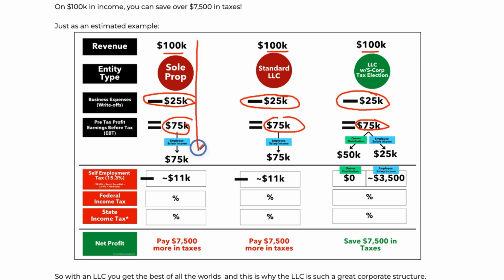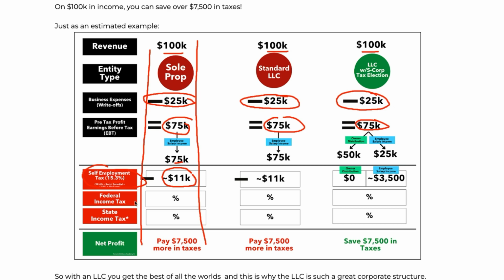If this person is a sole prop, they did not know anything about anything, right? They did not take the business basics course. They were just running their business, worried about marketing and sales. They didn't understand how this game is played. They were just a sole prop, running out of their bank account. That $75,000, they're going to have to pay self-employment tax on, which is 15.3%. So you take $75,000 times 15.3%, it's around $11,400, right?